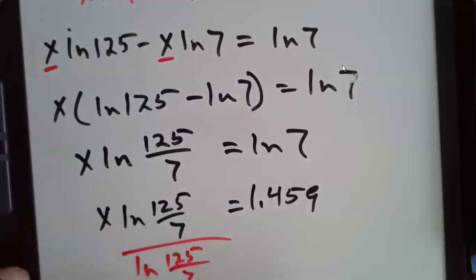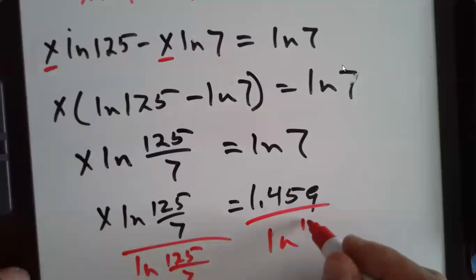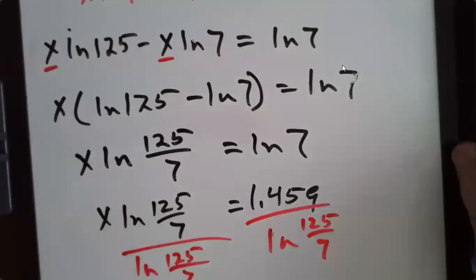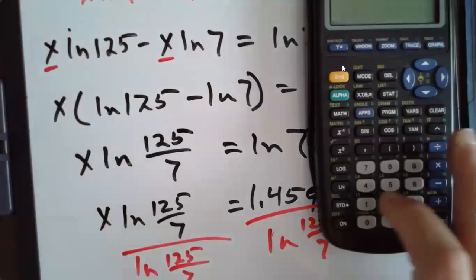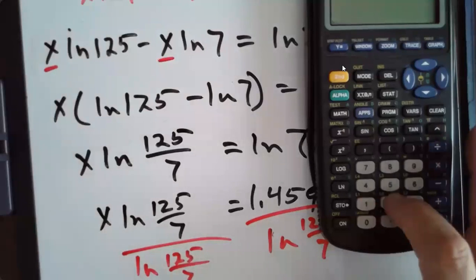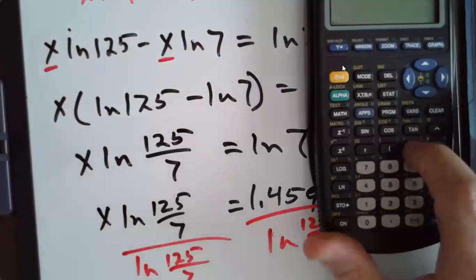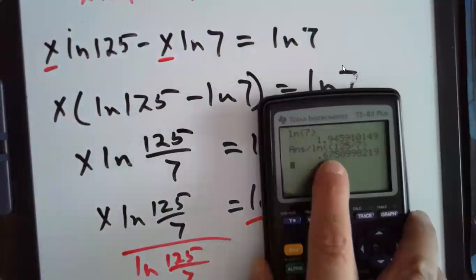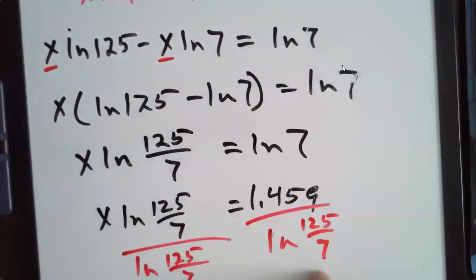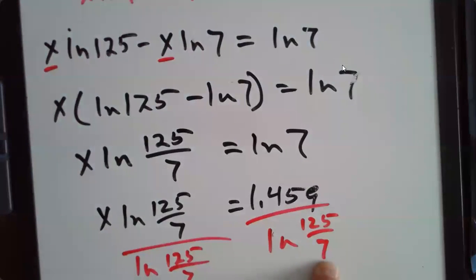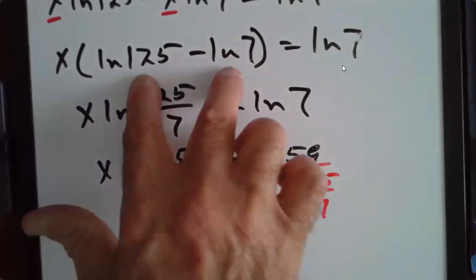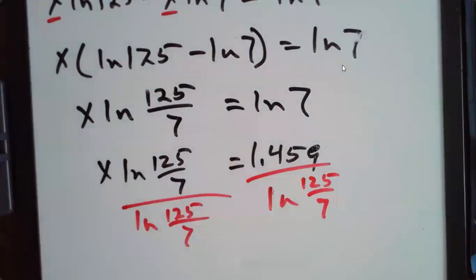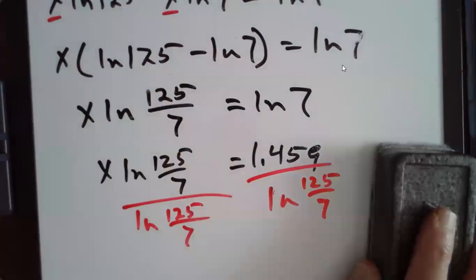But the way I showed you the first time, students tend to be more receptive to that way. So here you would divide by the natural log, and then in parentheses 125 divided by 7, close it. You get the same answer. It's just simpler to calculate on the calculator, but if you're not real familiar with condensing into a single term, students tend to have some trouble with that. Okay, and that's our